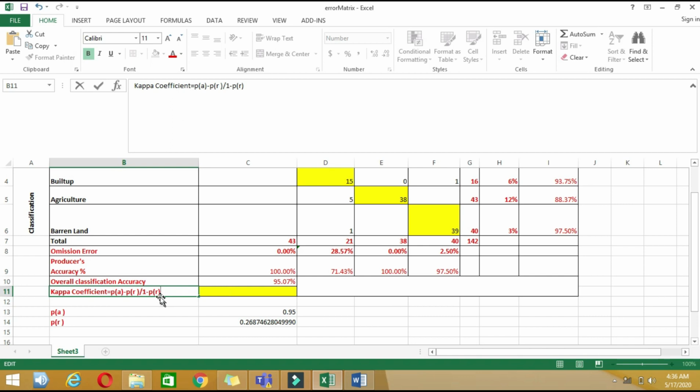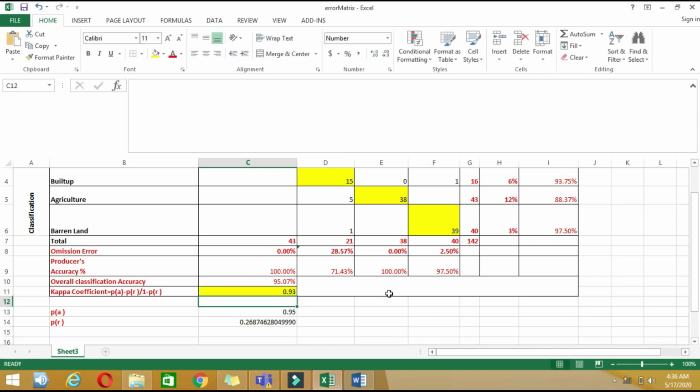So we will calculate it here. What I want to do is this minus this, put it into the brackets, then we will divide by 1 minus PR, close the brackets and press enter.